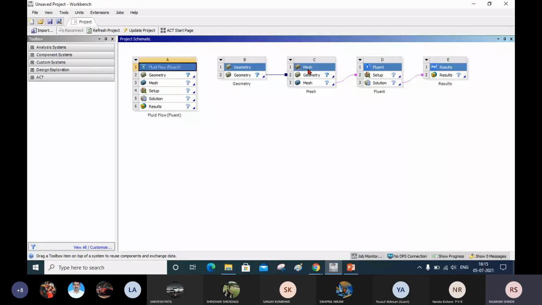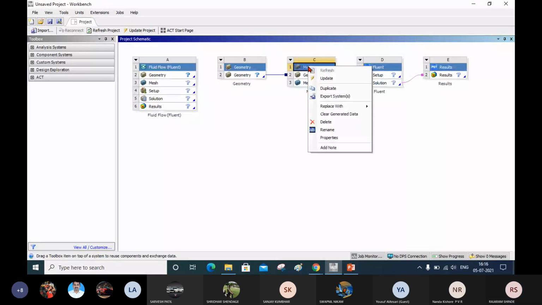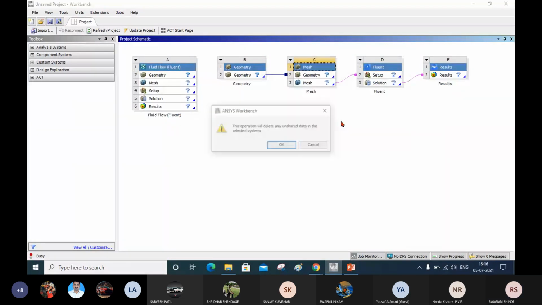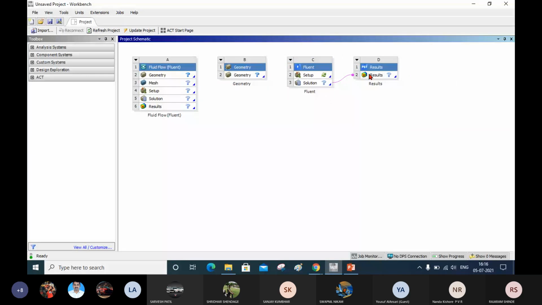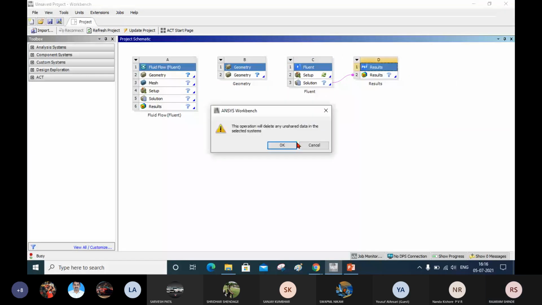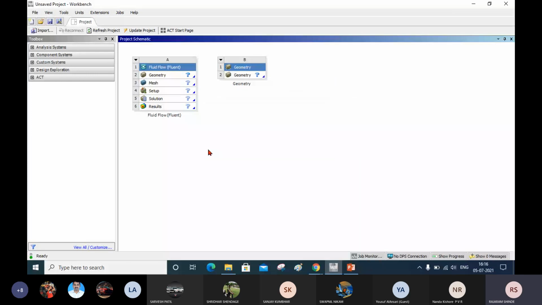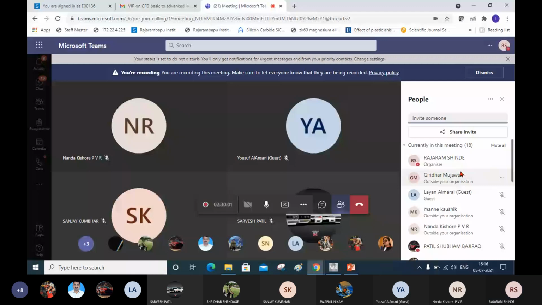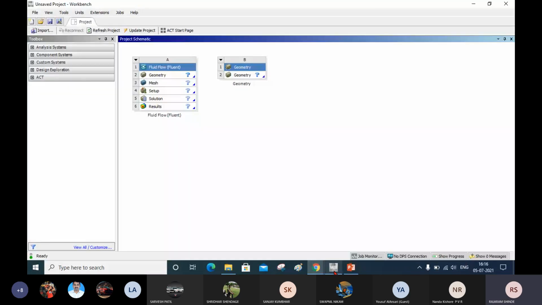I will delete this mesh. See here, if you want to open the design modeler, before that, if you have a doubt till this, you can ask me.